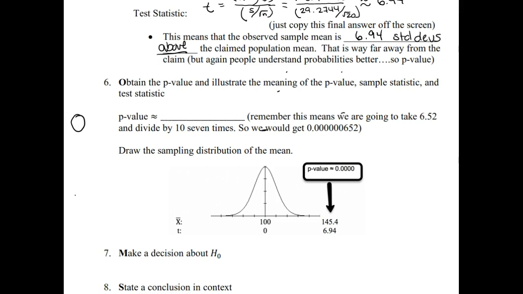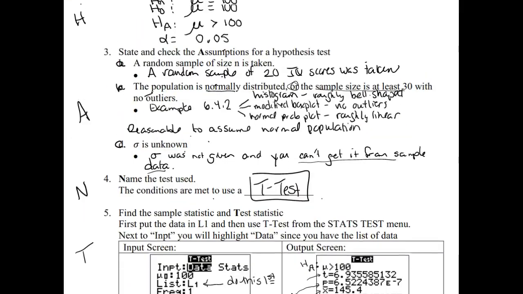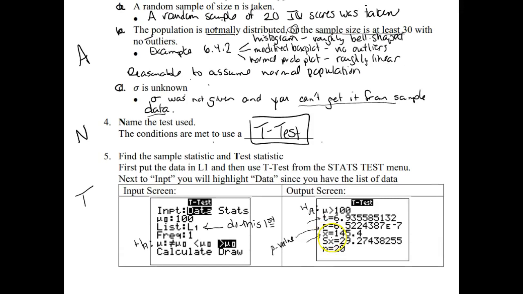So if we go back to that view screen, our p-value here starts out 6.52. But p in p-value stands for probability, which means it's a number between 0 and 1. So it can't be 6.52. When we see 6.52, that tells us to look to the end of the line, and we see this e minus 7, which means this is the exponent on a base 10, so 10 to the negative 7. So basically it's this number, and we're going to divide it by 10 seven times over.